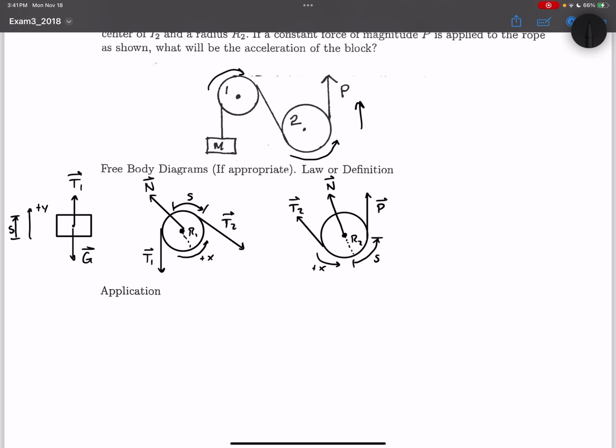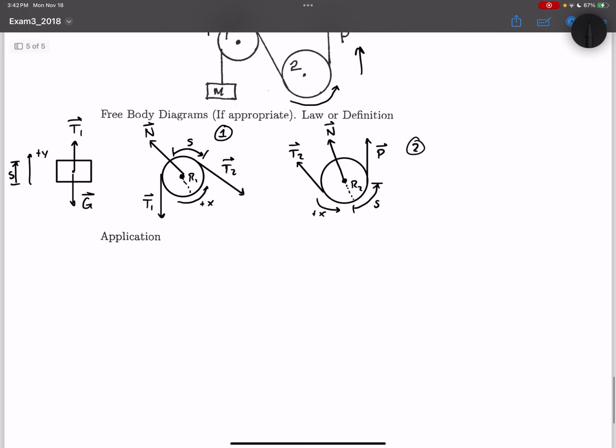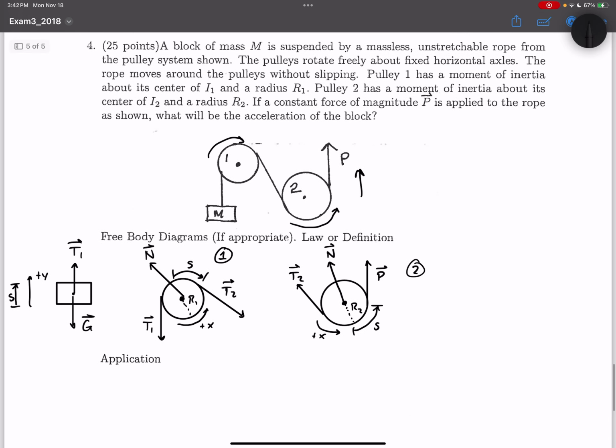So pulley 2 is moving in the counterclockwise direction, and pulley 1 is moving in the clockwise rotation, because it's moving some distance S to the right. Pulley 1 is rotating some distance S in the clockwise direction, and pulley 2 is rotating some distance S in the counterclockwise direction. So pulley 2 is going with the positive x direction, and pulley 1 is going against the positive x direction. Okay, so we've got to set up our